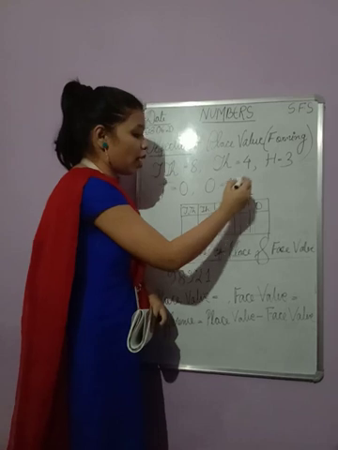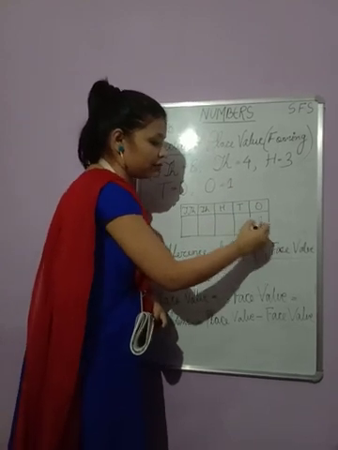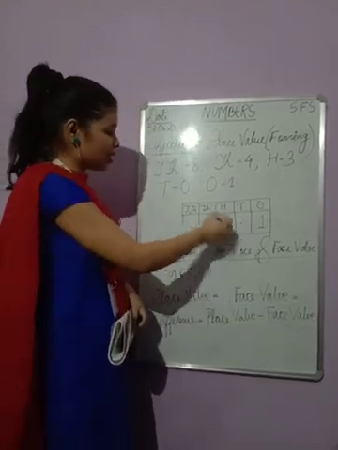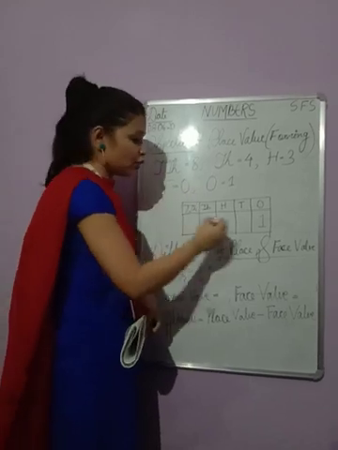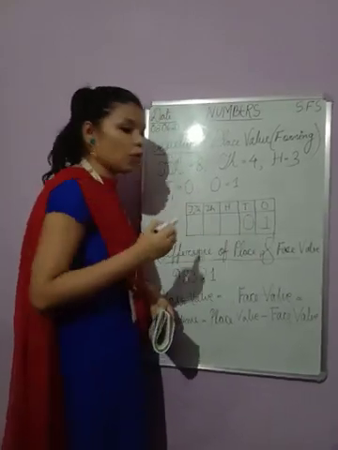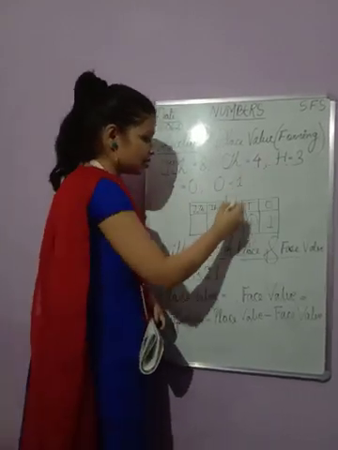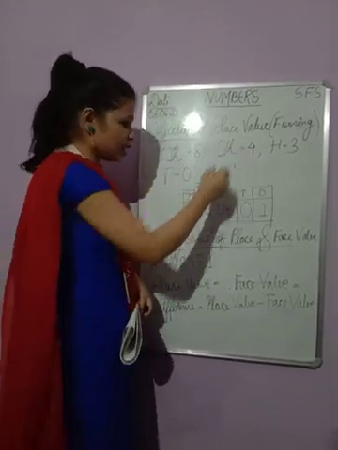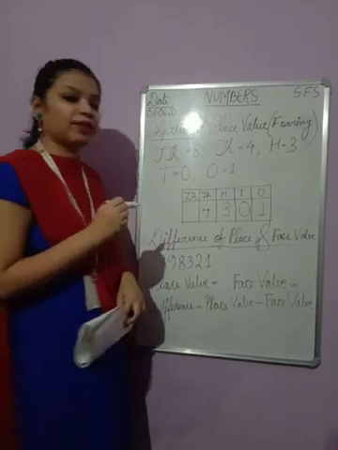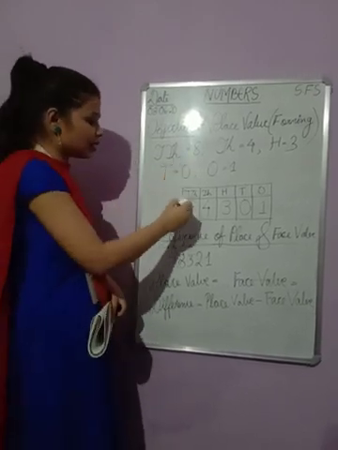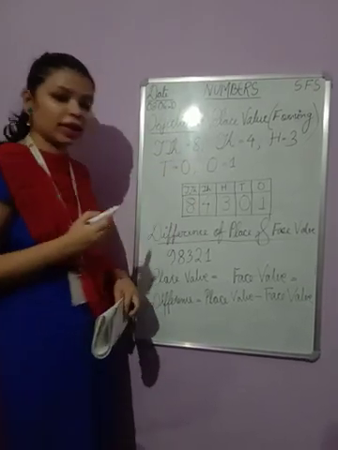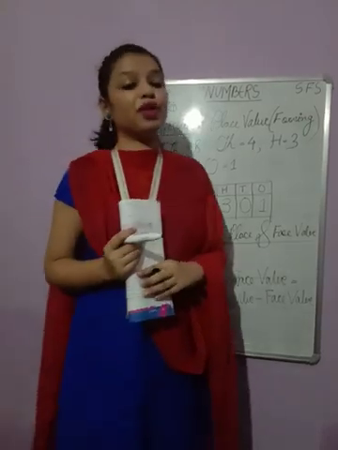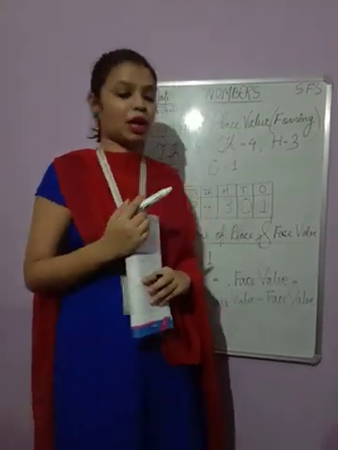The number 1. The 1 will come here. What is in the tens place? Is the 0. What is in the hundreds place? It is 3. What is in the thousands place? It is 4. And what is in the 10,000 place? It is 8. Okay. So remember children, when we are placing the number in a place value chart, we always